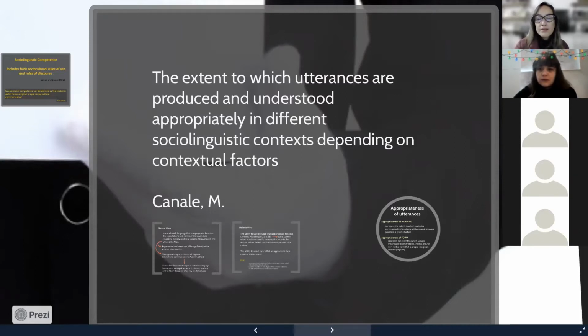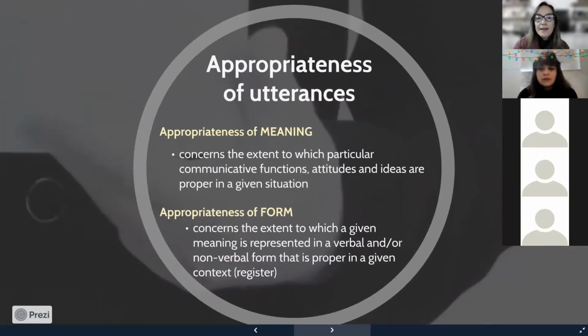So we need to start paying attention to appropriateness of utterances in general. Now we're going to see two different types of appropriateness, okay? And these types of appropriateness are the ones that should help us as teachers, right? To think about what it is that we have to teach our students about a specific language, either item or